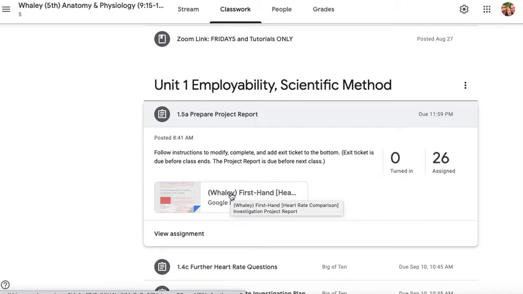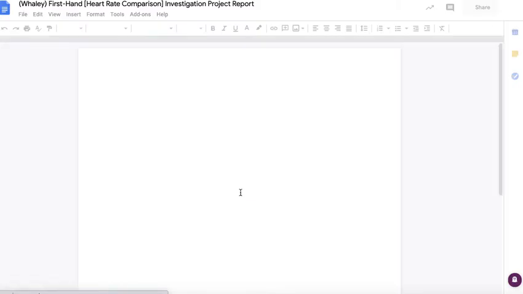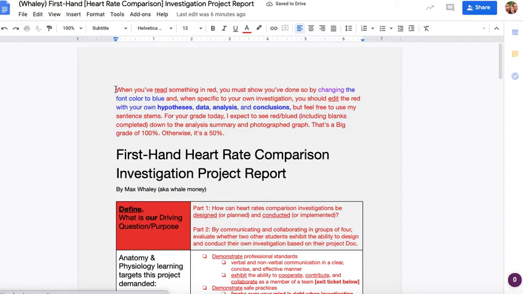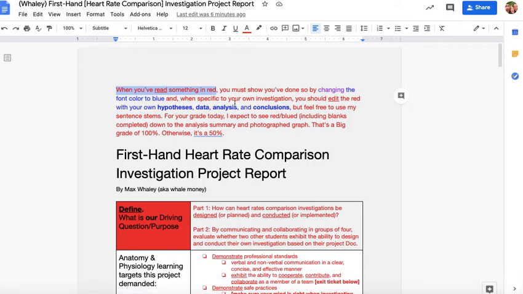And this is what type of investigation? It is a comparison investigation. Specifically, you were interested in changes. Well, all of our class was interested in changes in heart rate, and your specific question would be identified within this document. So if I were to open this, each student has their own copy, and of course, as usual in my class, when you've read something in red, you must show you've done so by changing the font color to blue,